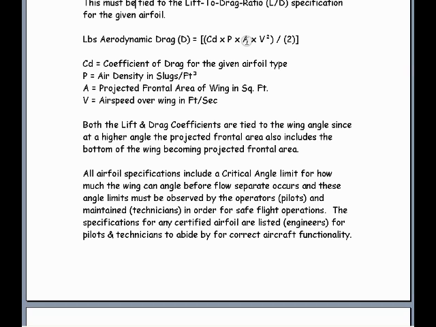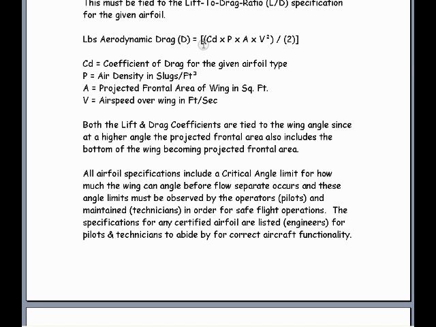That is different because when the wing takes an angle, it's going to project the lower surface as projected frontal area, but you have to look at the airfoil angle, critical angle map or the chart. So you have to figure that out by the angle, and then that will get you the projected frontal area. You can figure that out times the airspeed over the wing in feet per second, the quantity squared,